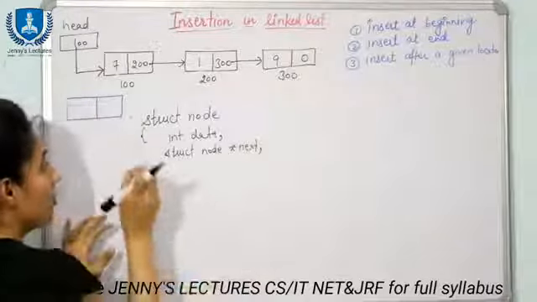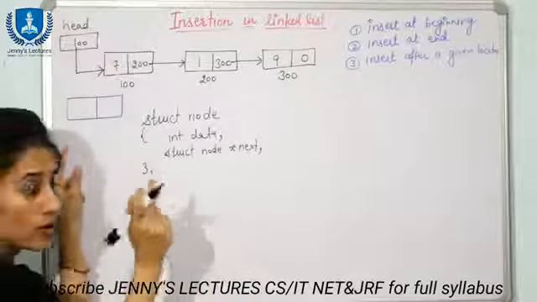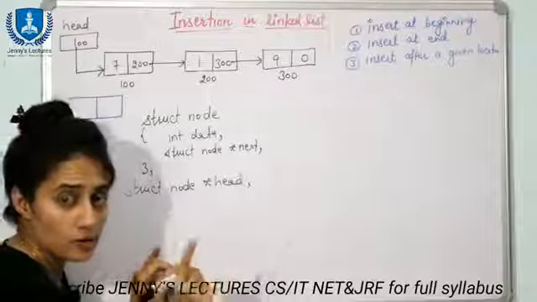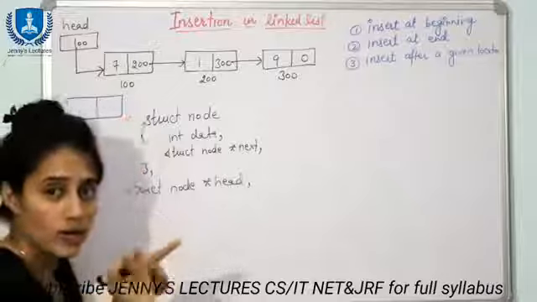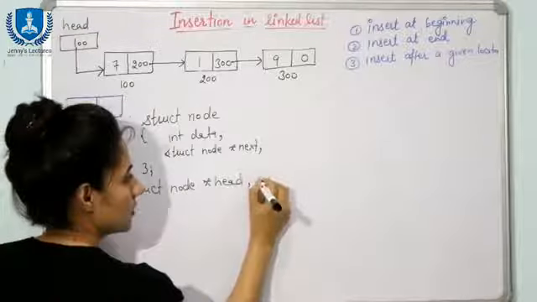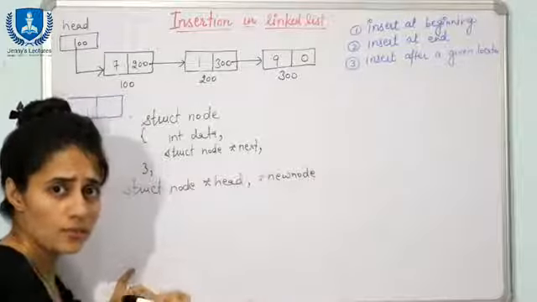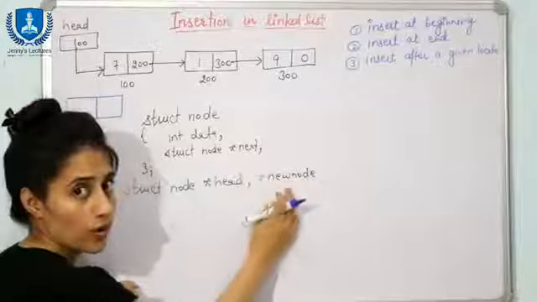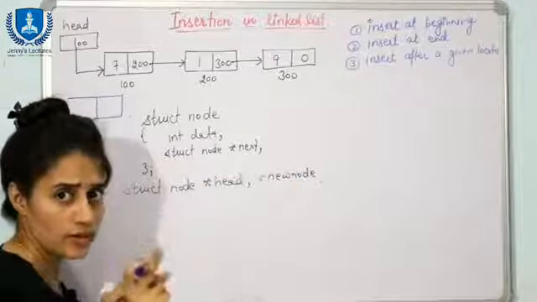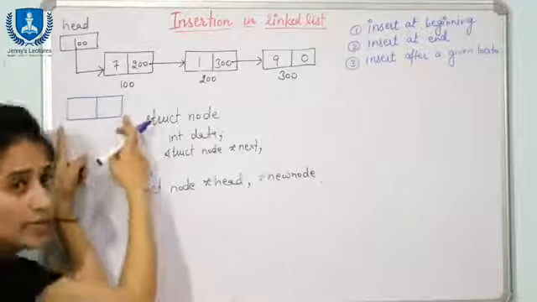Fine. So now what you have to do, you have to maintain this head pointer also. And for storing the address of this newly created node, one another pointer we need, that is, you can say, a new node. See, this new node is just a name of that pointer. You can take this name according to your convenience. Why we are taking this new node we have already discussed. Fine. Now we have to create a node, this newly created node.